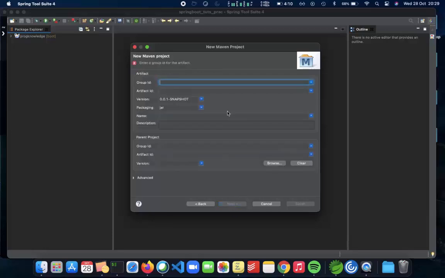Go to Next, give it a group ID. So group ID is basically a name for what you want to do. So we'll just call it to-do list. The artifact ID is going to be the same. And we'll let the version be 0.0.1-SNAPSHOT, nothing against that. And the name is going to be again to-do list. No need to give a description here, and we'll add a parent later. So simple naming conventions to our project, a to-do list API. When we click on finish,